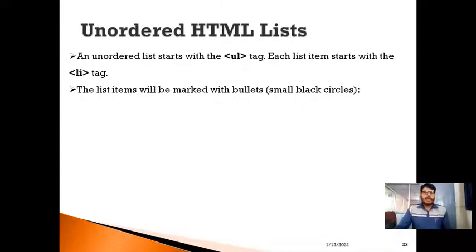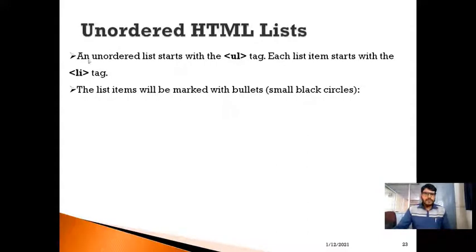First, let us have a look at how we can create an unordered list. Unordered list in the sense that here we are not specifying any kind of order, alphabetical order, or ascending order like that. Here we are going to use some marks called bullets. So we can have black circles, or simple circles, or squares, or a filled square like that.